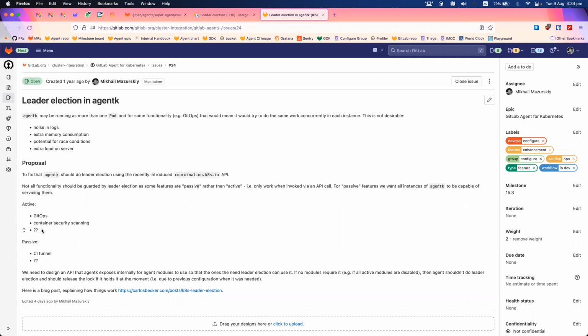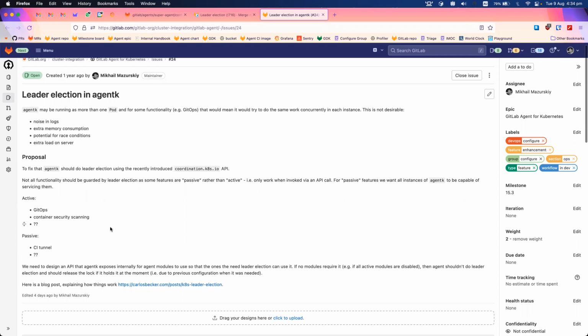We only want at most one instance of agent kpod to be acting on the configuration, for efficiency and other reasons. And there are some other modules that are always on, basically. So for these modules, for active modules, you want to do leader election, so that only one is active